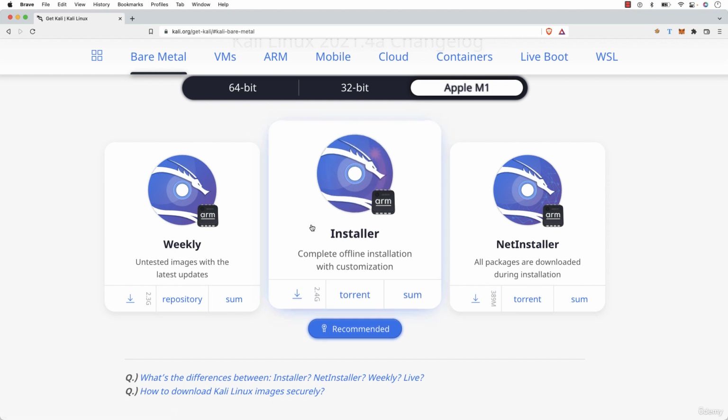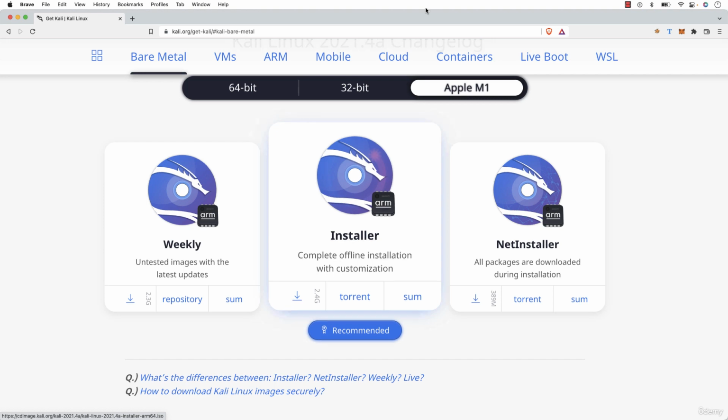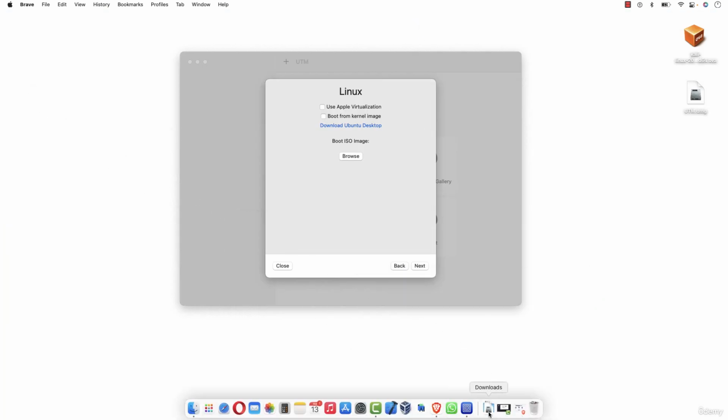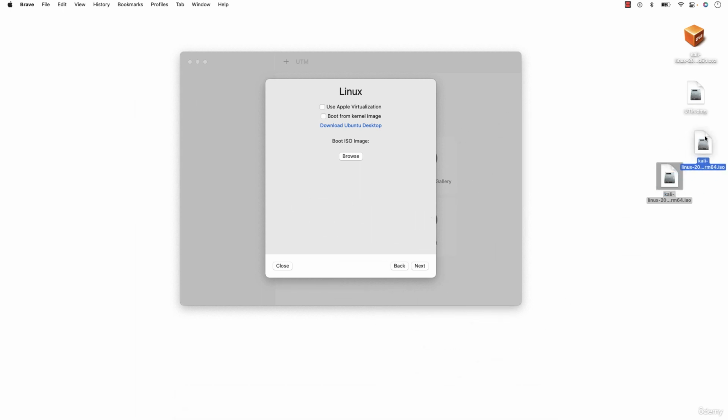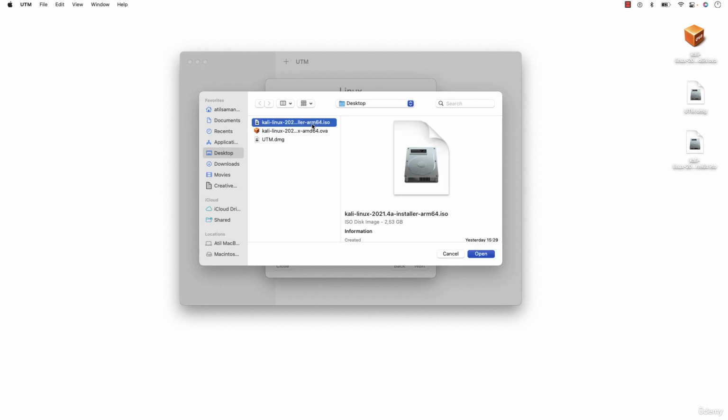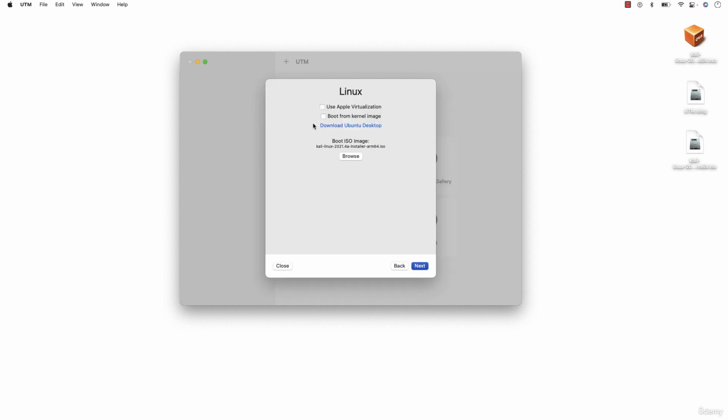I'm just going to download it, and I have already downloaded it in order not to make you wait, and I'm just going to choose it from here. So let me find it and open just this thing on my desktop. And again, we're going to go for ISO, not the OVA. So I'm going to browse this and select the ISO image that I have downloaded for M1 chip and click